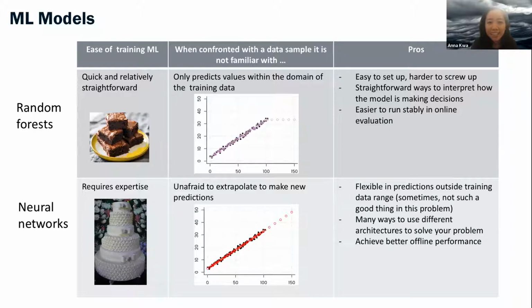So this makes for really good performance in the offline setting for neural networks. And we typically see that they do better than random forest, which I'll show in just a little bit. But it also makes them a lot more finicky when we go and plug them into a model and couple it to the fluid dynamics, because it's pretty easy for a neural network to give some pretty extreme predictions.